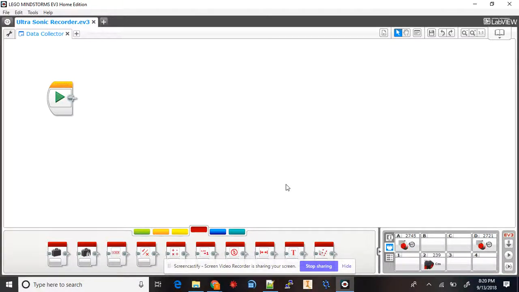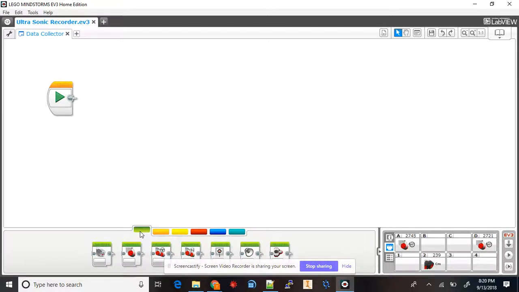Hello, engineering fans. I'm going to show you in this video how to make a program that collects data and then stores that data to a file, specifically so that we can then open that file in FreeMat and use all that great FreeMat slash MATLAB analysis for our data. So in this video, I've made a car that just has an ultrasonic sensor off the front